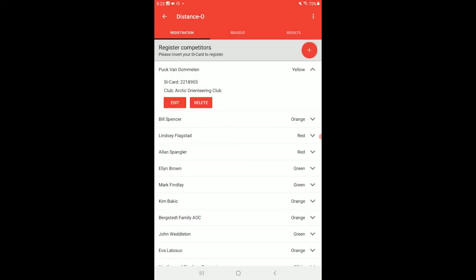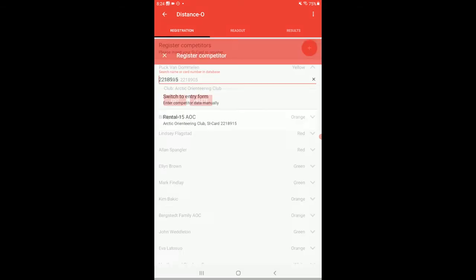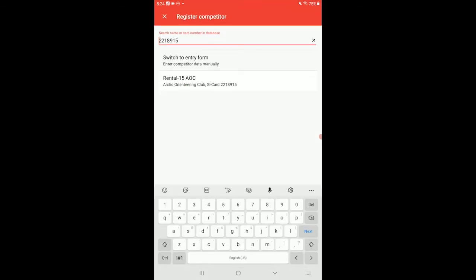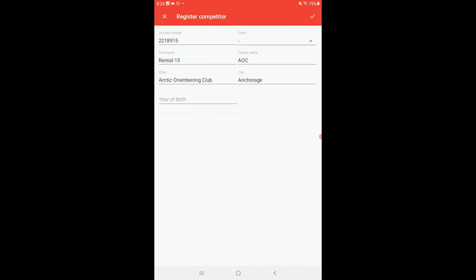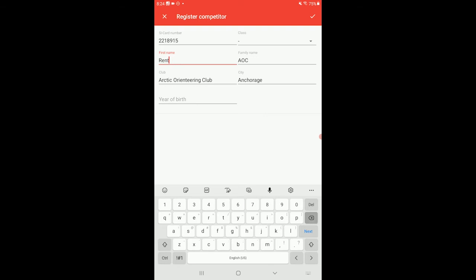If the competitor is renting a stick, when they dip the stick, it'll come up and say rental, whichever rental stick they have. Go ahead and tap on that. It'll come up. You'll want to change the name. So select the first name, back up, and type in their first name. This is handy